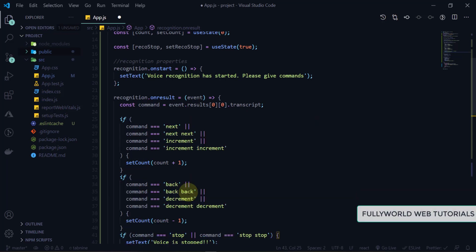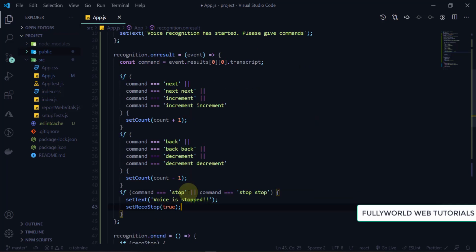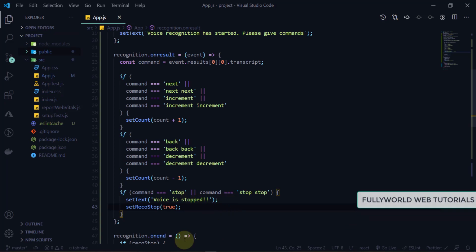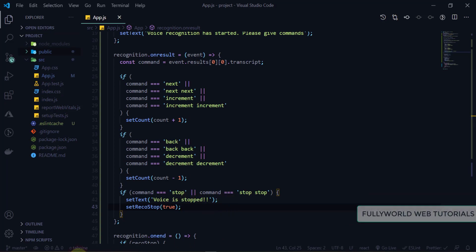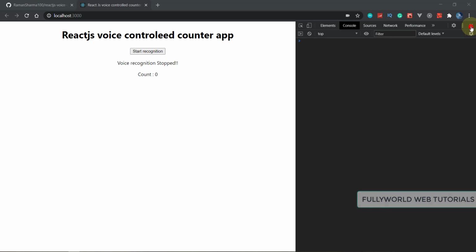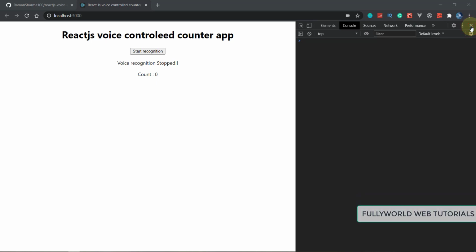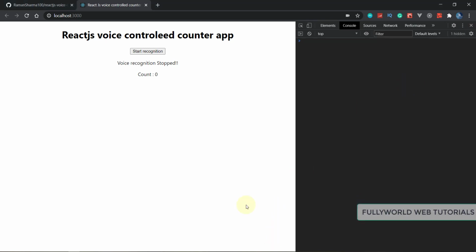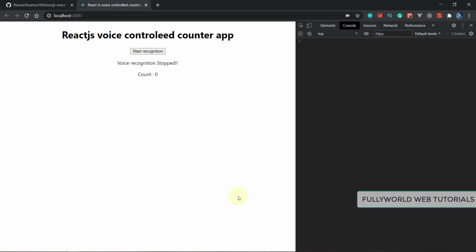Now this app is fully functional. We applied all the commands here. So now there is only one thing pending: we have to test these commands. So how can we test these commands here? I am going to close this inspect element, and let's check this.